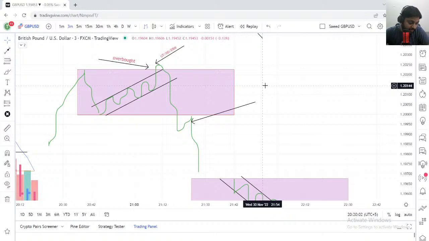So how do we recognize BH? Verma ji is asking. Verma ji, please go back a few minutes. I already explained how you recognize BH. So please go back a few minutes.